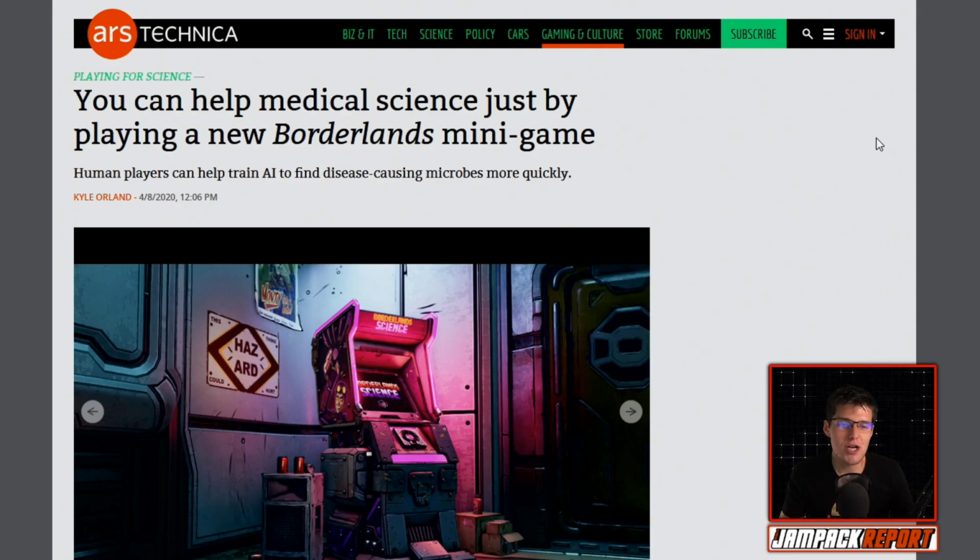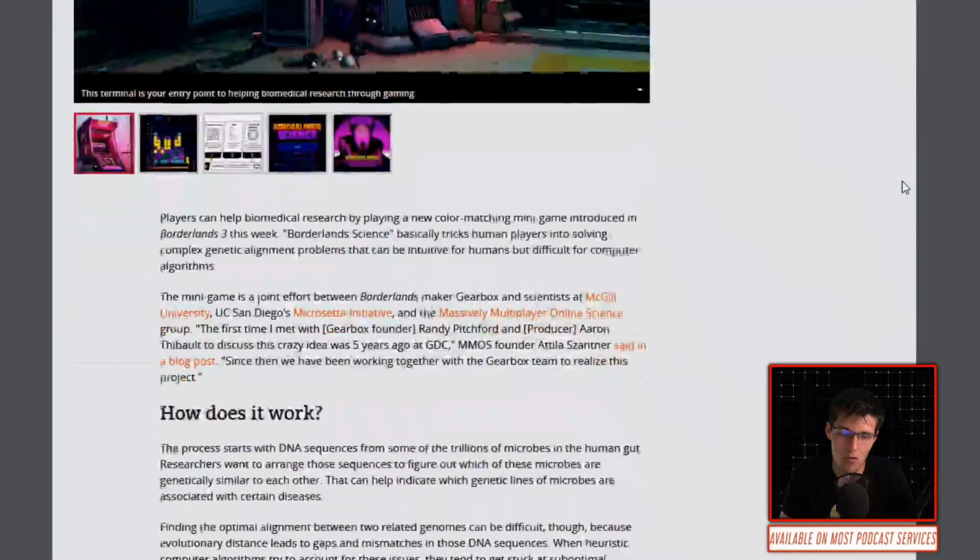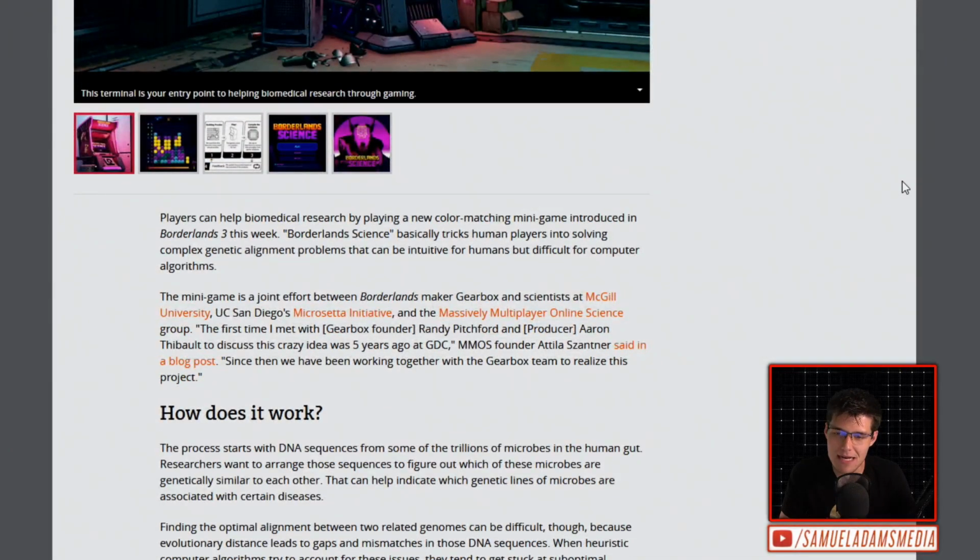But to round out today's show, you can help medical science just by playing a new Borderlands minigame. Human players can help train AI to find disease-causing microbes more quickly. Players can help biomedical research by playing a new color-matching minigame introduced in Borderlands 3 this week. Borderlands Science basically tricks human players into solving complex genetic alignment problems that can be intuitive for humans but difficult